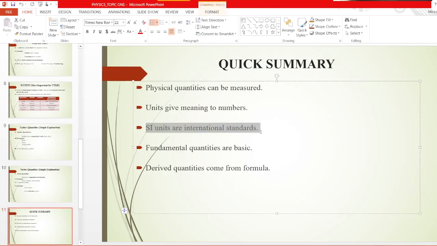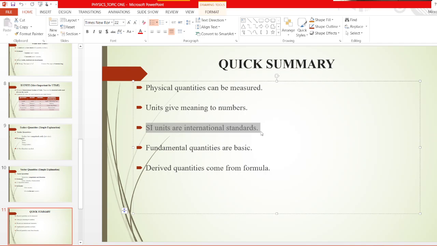SI units are international standards. That's why I gave you an example that the currency accepted in Nigeria is Naira. In Benin Republic, CFA. In Ghana, cedis. In the United Kingdom, pounds. In the USA, dollar. But the currency that is generally accepted all over the world, anywhere you go, is the dollar. If you take dollar anywhere, it's going to be accepted as a means of payment, either via card or currency,